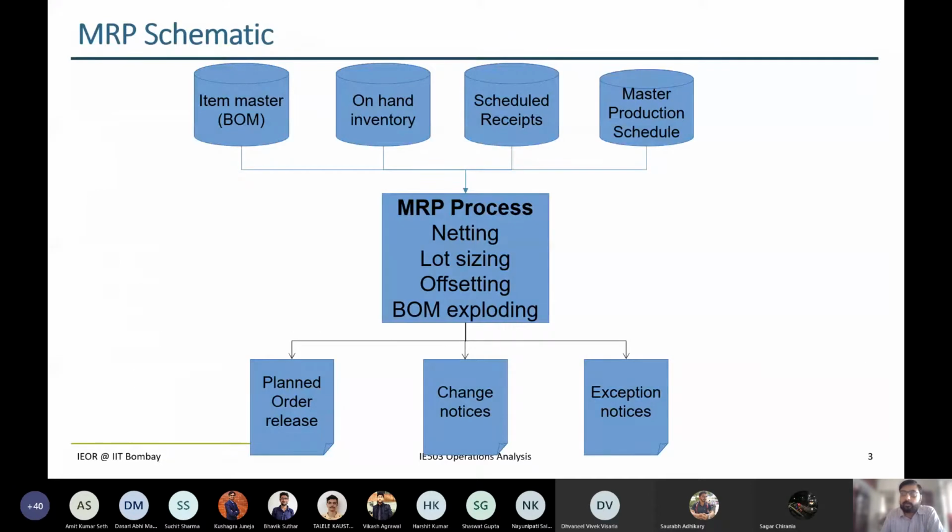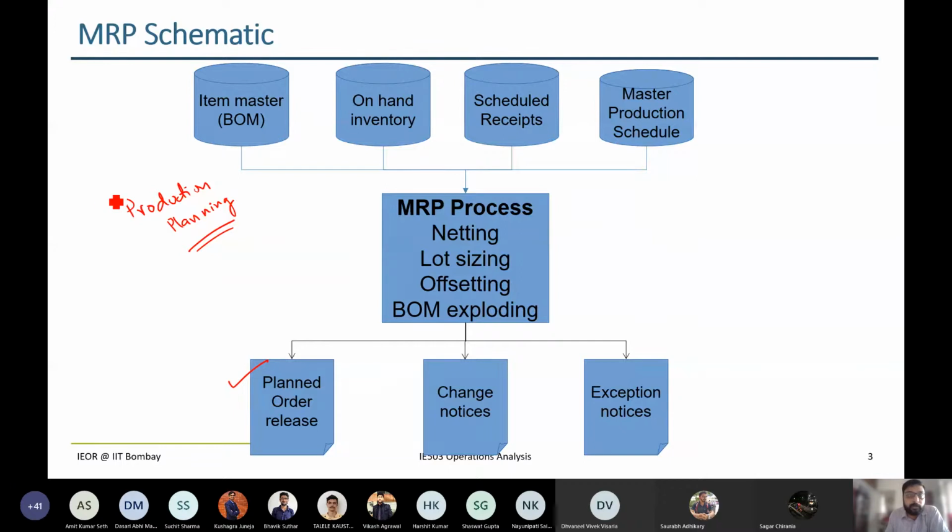Let me just summarize. What was the MRP process that we saw? Overall, in this MRP, we are dealing with the problem of production planning. We want to figure out how much quantity of order we need to place to the production shop floor, or even order to the supplier to get the raw material components. That is what is called production planning. So we want to determine this quantity right here, the order release.